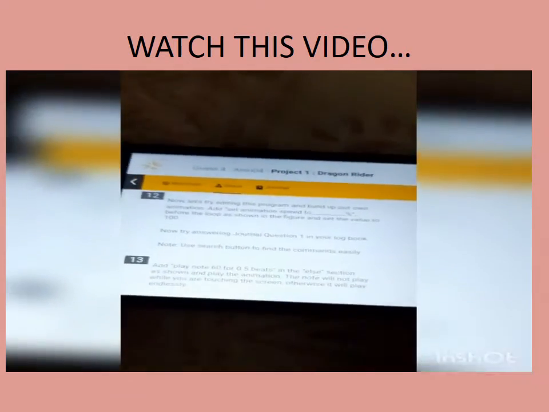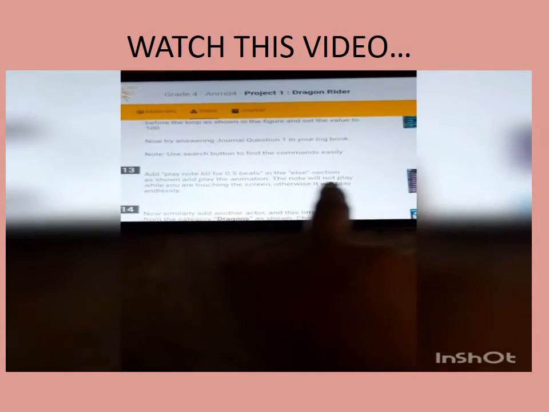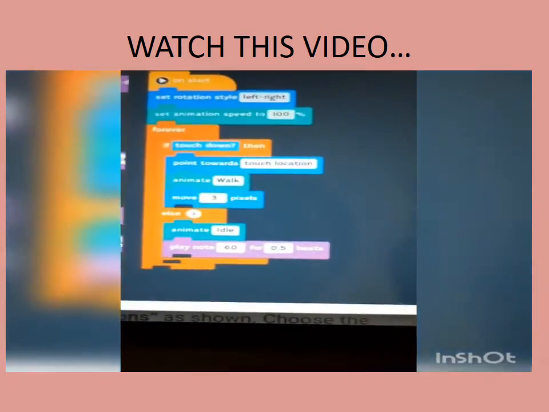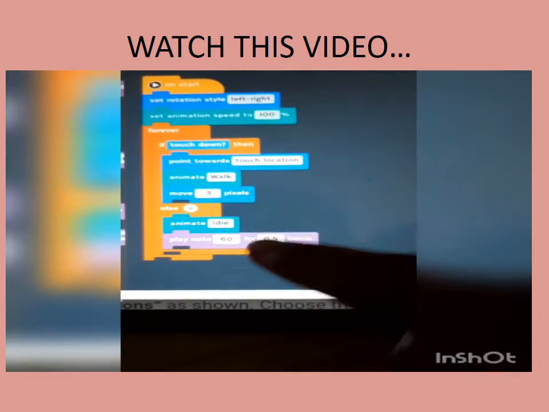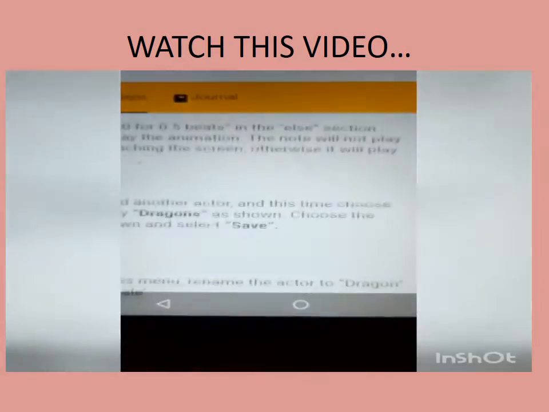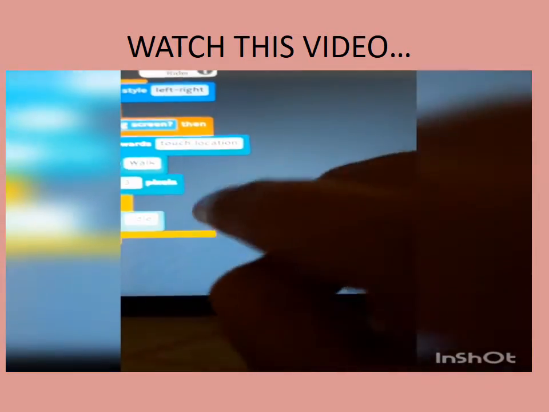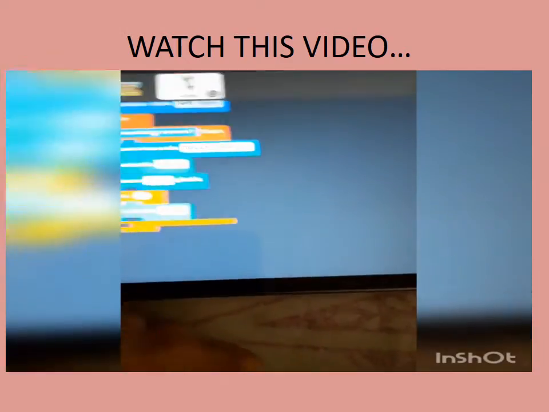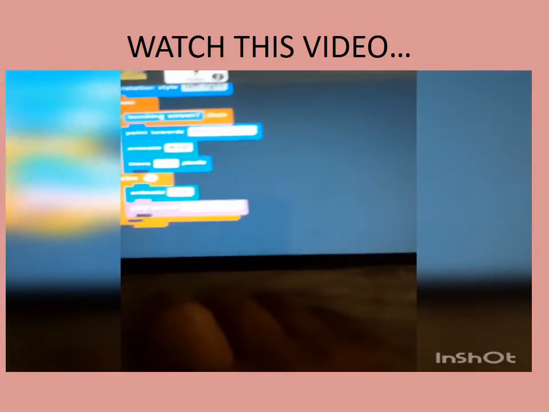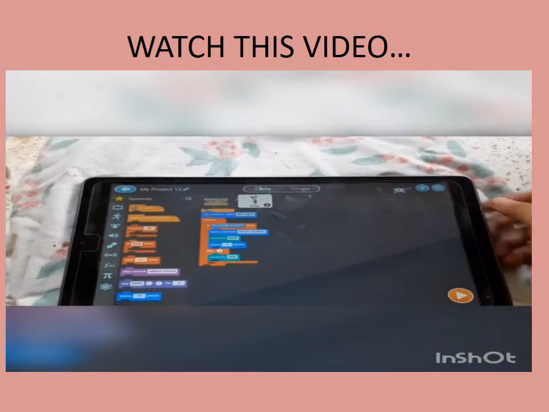We can set the animation speed also. Add play note 60 for 0.5 beats in the else section. The note will not play while you are touching the screen, otherwise it will play endlessly. So here I am attaching a command that is saying play sound. Other than that, what we can do,